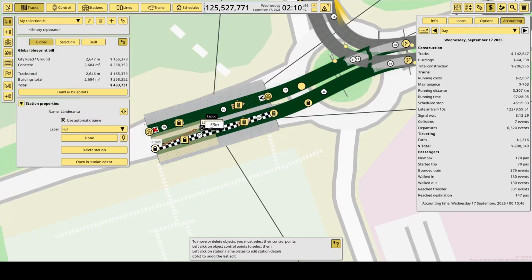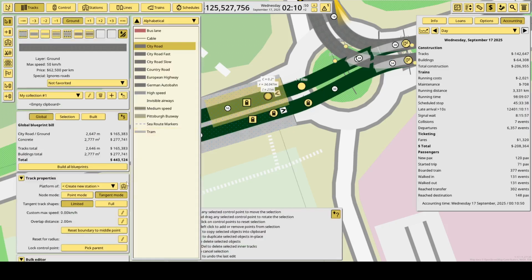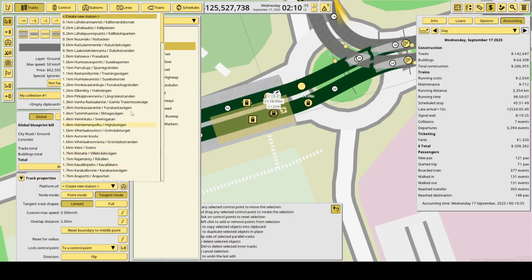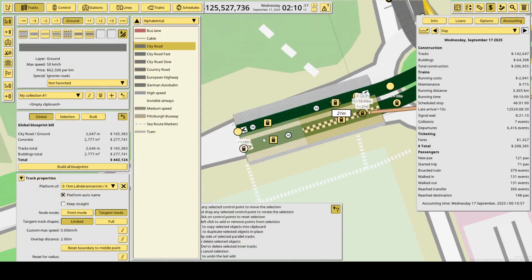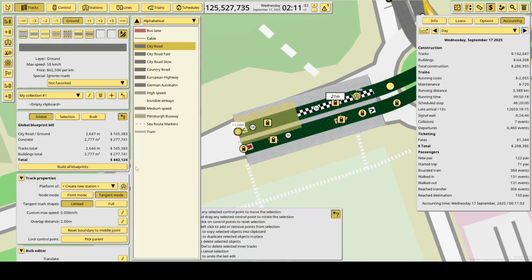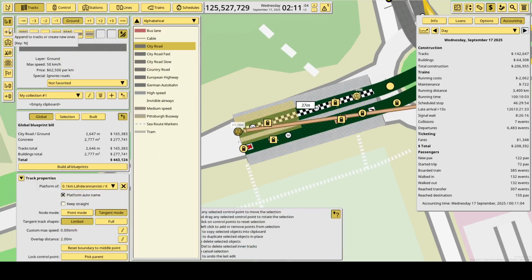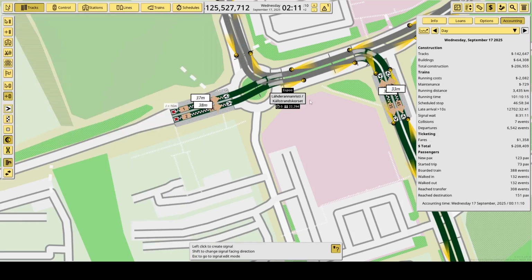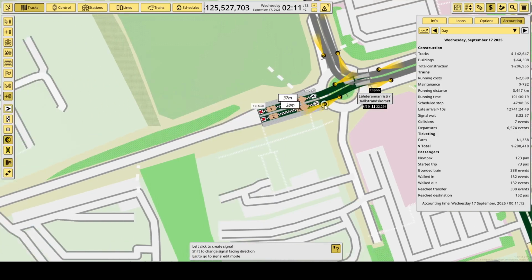And then let's delete a station and make it a part of Lähderannan Risti. There we go. So that was it.